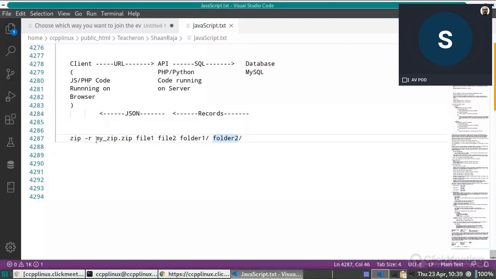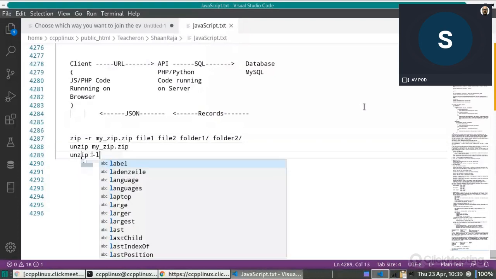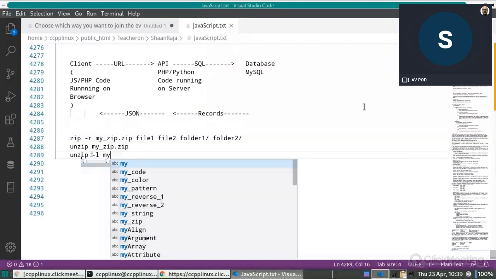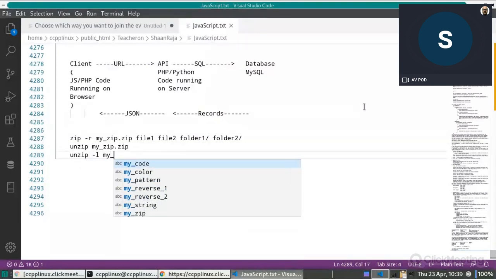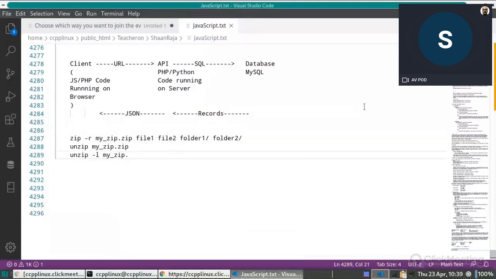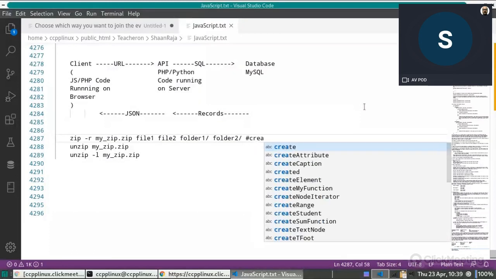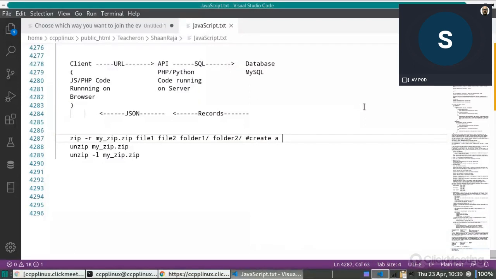And suppose we don't want to really unzip it, we just want to see what files it is containing. So in that case, it is unzip minus l, l for listing, and then myzip. So here hash stands for comment in Linux. So it is for create a new